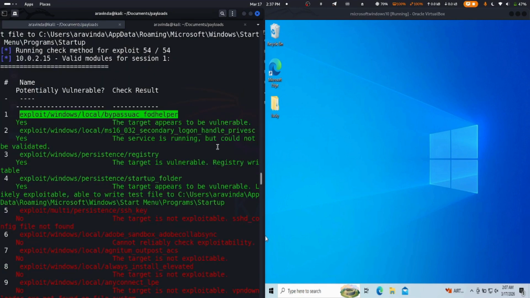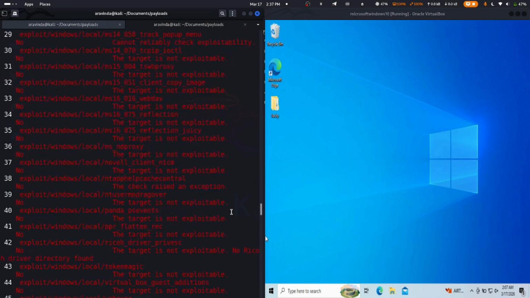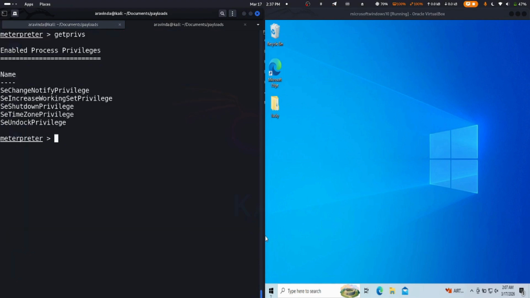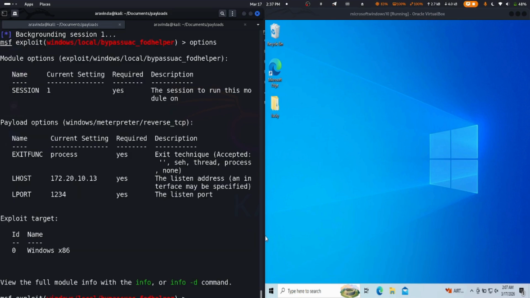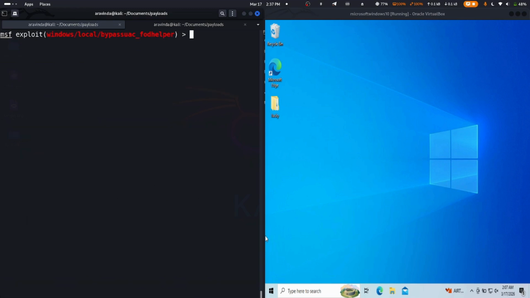So this was our exploit for potentially bypassing UAC controls and getting the privilege escalation done. So we did not get SeImpersonate privileges. Let's background this session and let's do options again. And every option is set. Payload option is set, Windows Meterpreter reverse TCP, and LHOST is set. LPORT is set. And